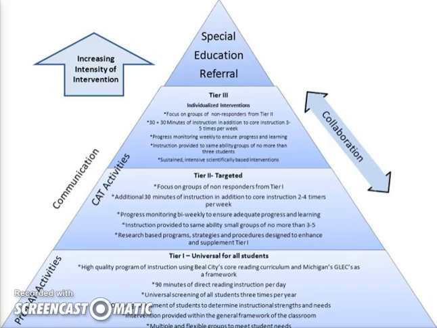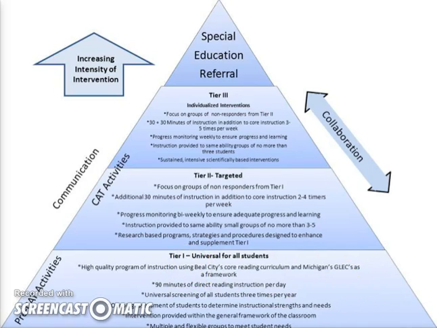So I want to take a minute and just kind of show you this example. This is an RTI model that I actually just pulled off the internet, and this is specific to a school, and it's a school that's in Michigan. If you read closely, you can see some things about the school on here. So I want to just show you how schools take a framework and they apply it. So for this school, if you look here, we have our Tier 1 universal for all students, things that they're